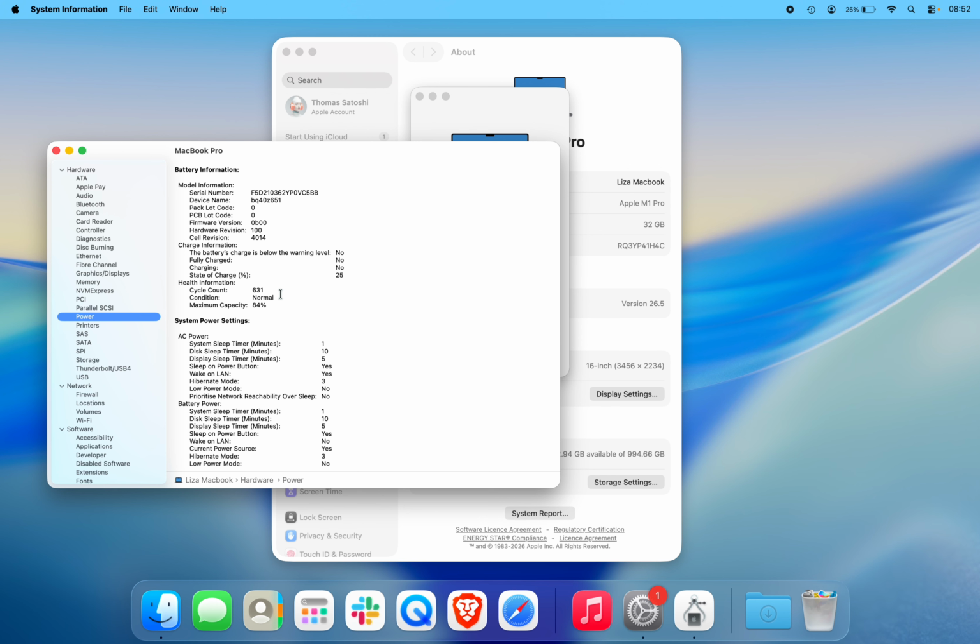The cycle count shows how many complete charge cycles your MacBook battery has gone through. A lower cycle count usually means the battery has been used less, while a higher cycle count means the battery has been charged and discharged more often, and that's it. You've successfully checked your battery health and cycle count on Mac